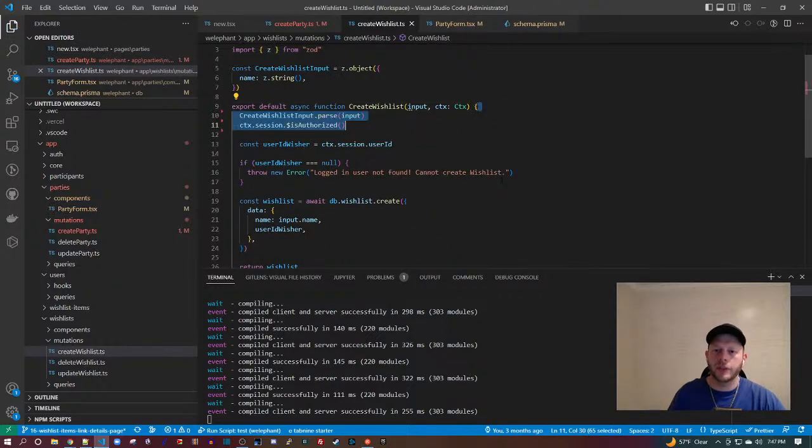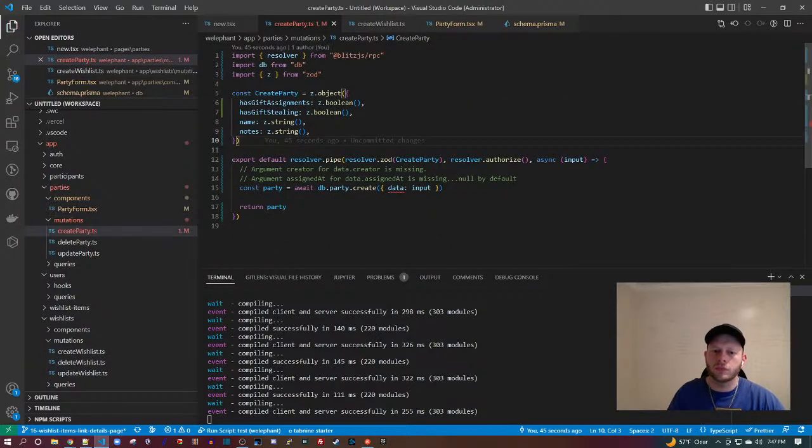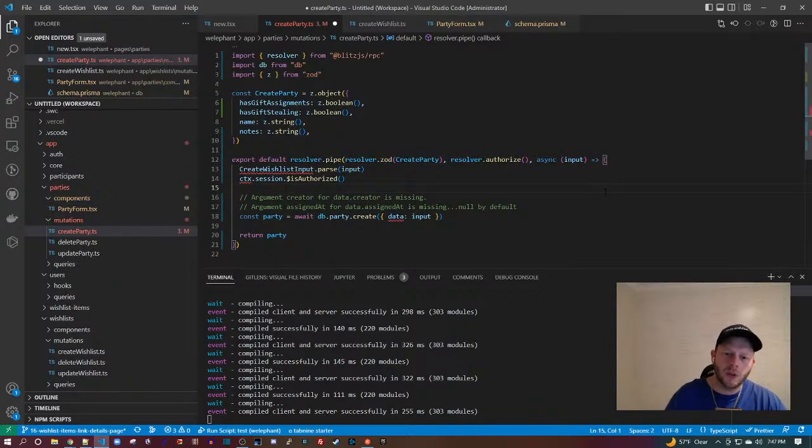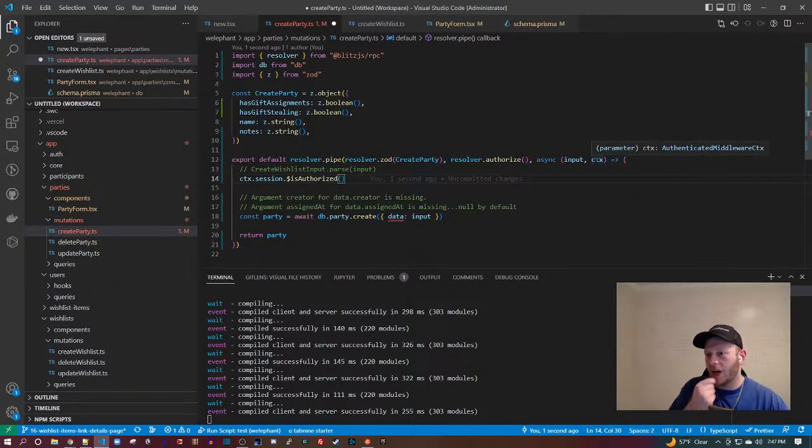Something like this, basically. Okay. I guess we'll skip that. We're going to try to get context. So the Blitz resolver, if I'm not mistaken, gives us CTX. You can see that is shorthand for the user context or the authenticated middleware. So this helps us know if you're logged in.